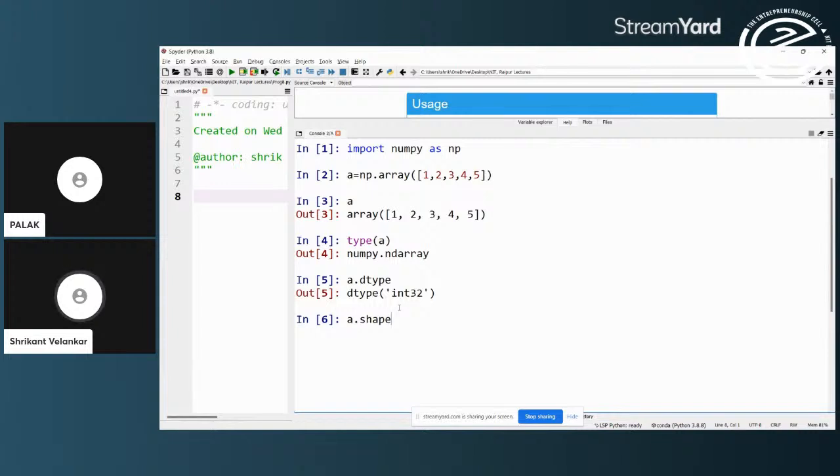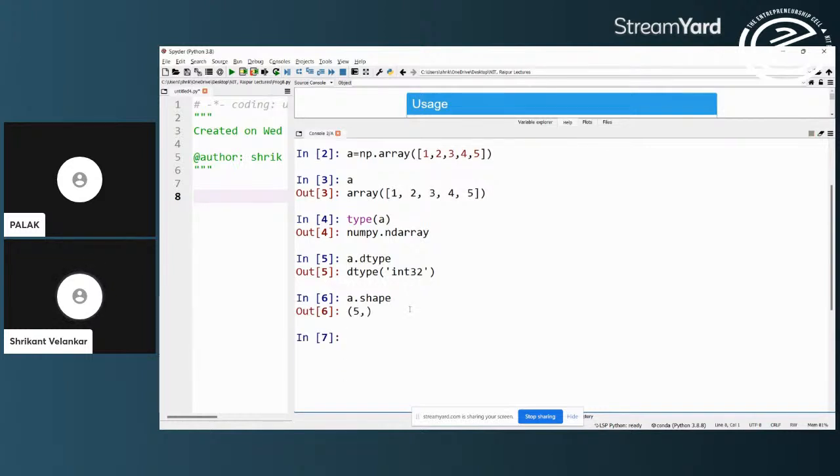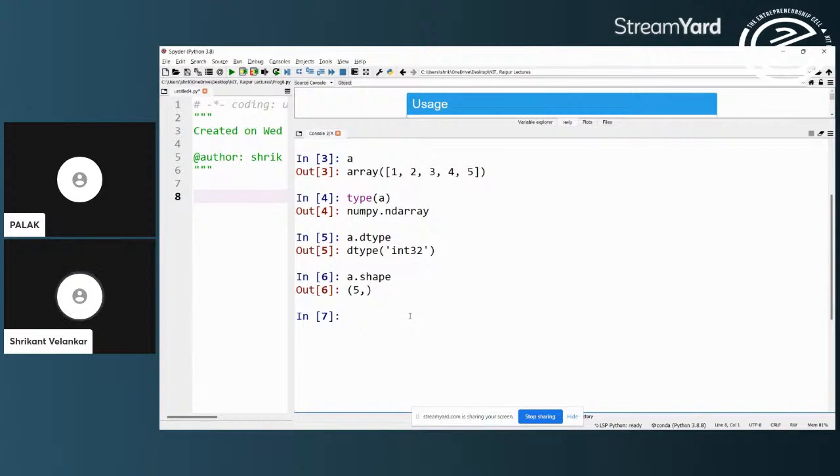Whenever you have a def, that is a function or a method, I am using it, but these are properties of this particular object. Because they are properties, there is no open bracket, close bracket. Whenever there is a method, there will be open bracket, close bracket with or without arguments. So it says 5 comma. The meaning is that it is a single dimensional array of 5.